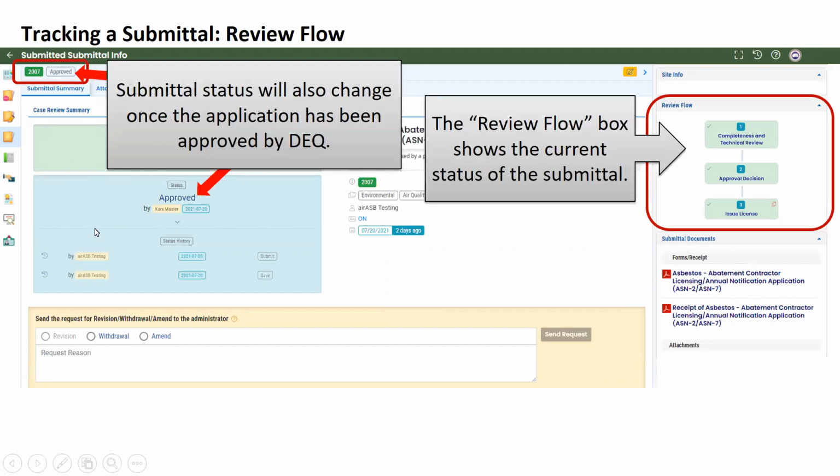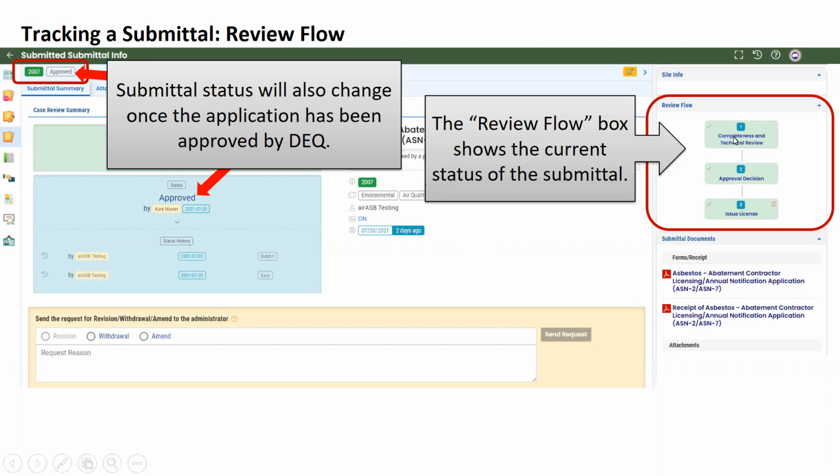So a couple things here are going to happen as DEQ works through this review flow. So Naveed will be the one who's managing and reviewing your licenses for completeness. He'll do the technical review to make sure the supervisors are currently certified, that you've provided all of the required list of information that you're required to send to us by rule.